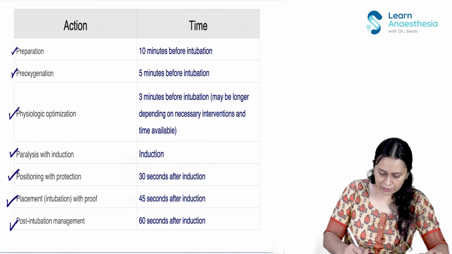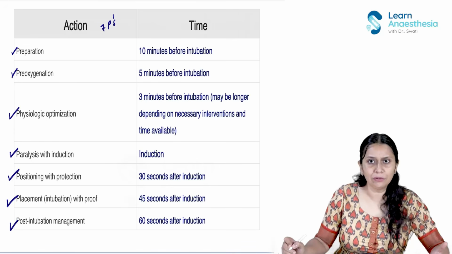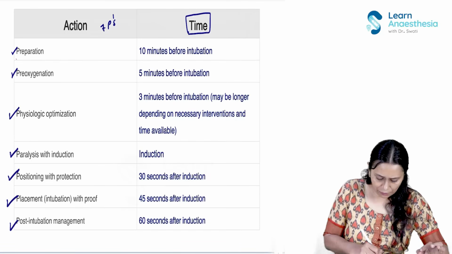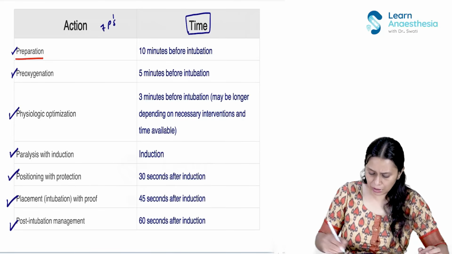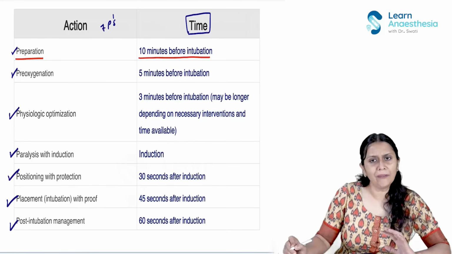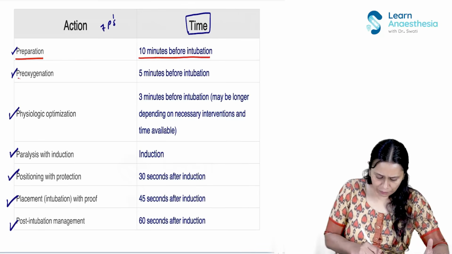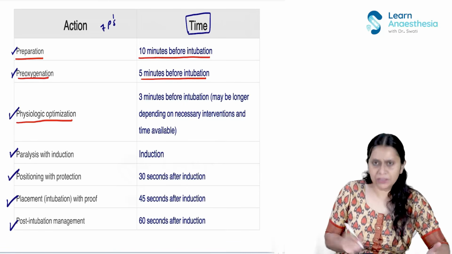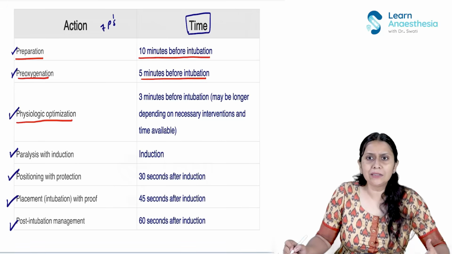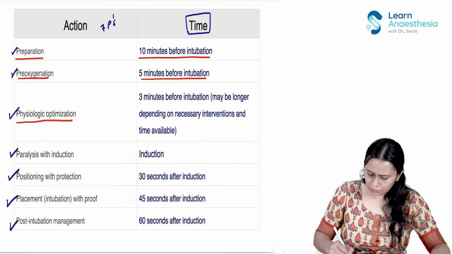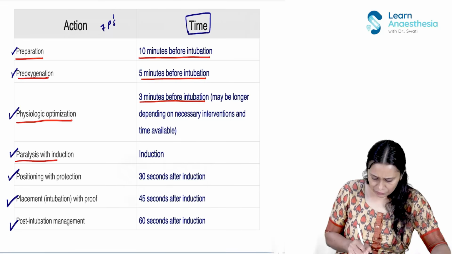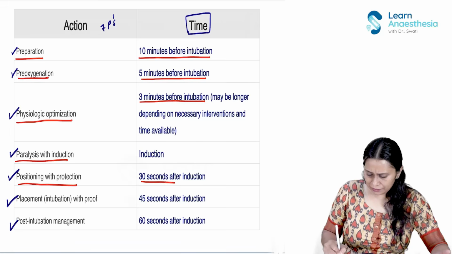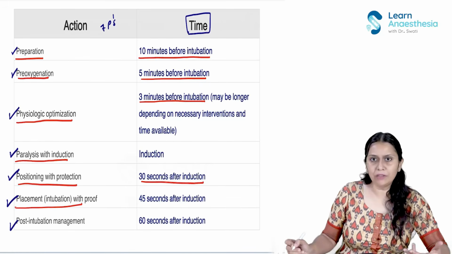So these are the 7 P's, and we have to do them in a timely manner. For example, if I am preparing for RSI, the preparation should start 10 minutes before intubation and everything should be checked, which I'll talk about. Then pre-oxygenation should start 5 minutes prior to the intubation, and physiological optimization should start once the patient is brought to the ED, at least 3 minutes before intubation. And paralysis with induction, as we are giving the induction dose. Then positioning with protection 30 seconds after induction. Placement with proof within 45 seconds